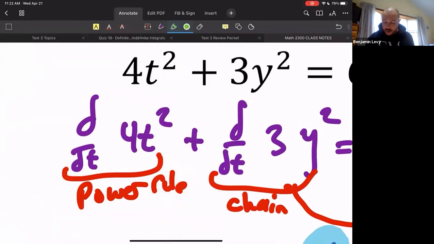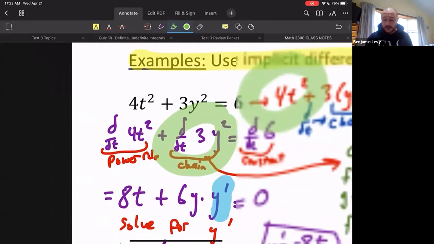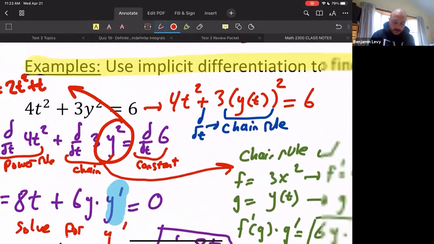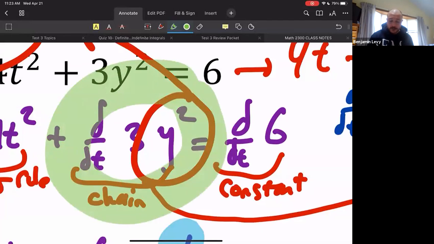But as soon as you differentiate the y one, this piece over here, that becomes a chain rule because we're differentiating with respect to t, and there's a t hidden inside the y function. It's kind of like maybe over here on the side, maybe we know that y equals 2t squared plus t or something like that. So we know it's a function of t, we just don't really know what it is. And so this is like a hypothetical thing, this thing I'm circling in green right now. It's kind of like y might have a t in it, but we don't really know what that function is. There's a t in there somewhere, and so it becomes a chain rule.